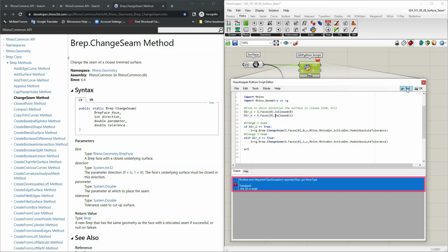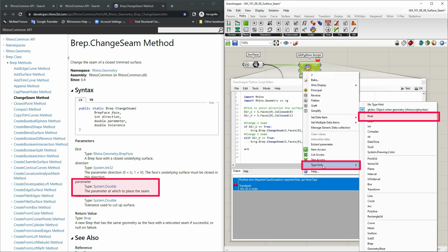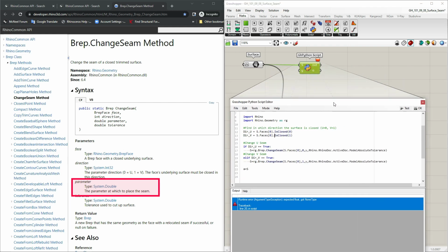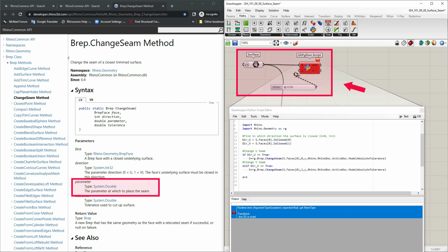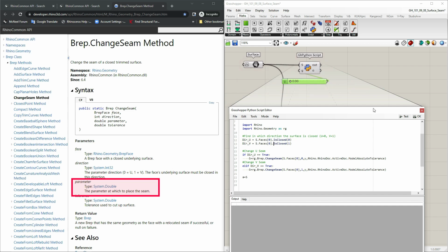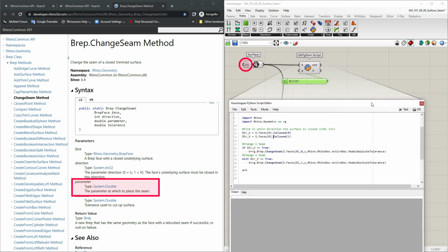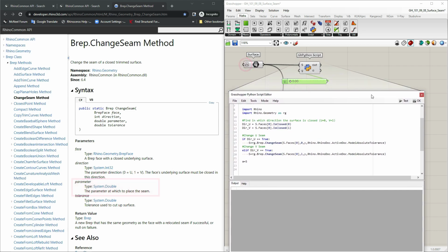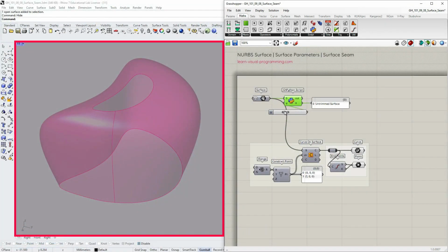Test again. We get a non-type error. That's because the Y input is empty. Let's set the float type for the Y input and then input the number slider from 0 to 1. And make sure that you're using reparameterized surface here. Let's see the result. So all works fine, and this could already be enough for you, but there is a